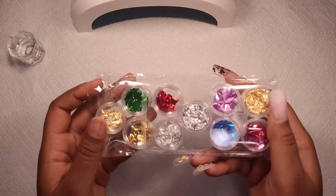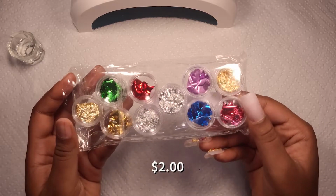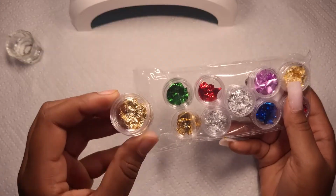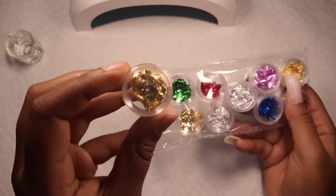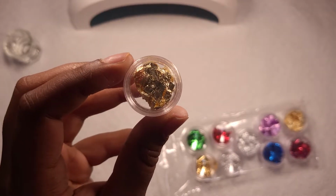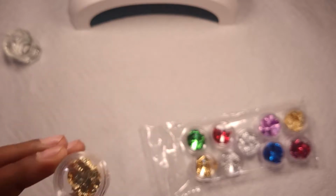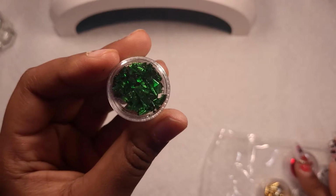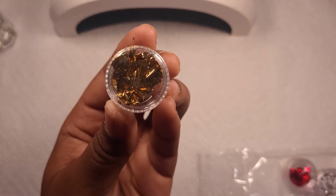So getting right into the SheIn haul, we have some foils here. They were all $2 for this whole pack. First we have this gold color. We have about 3 gold colors in here, but this is like flaky. We have green, another gold, which is less flaky,